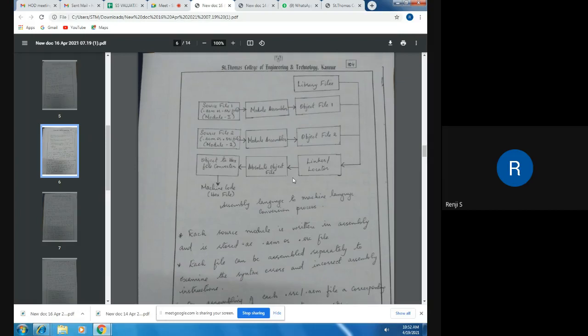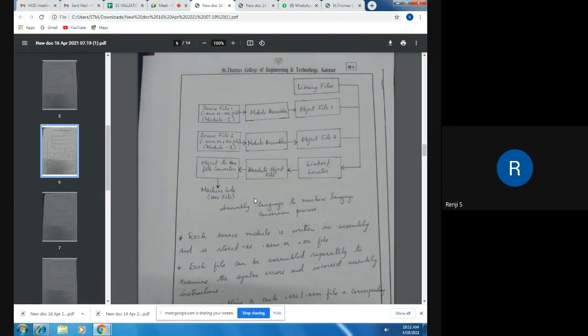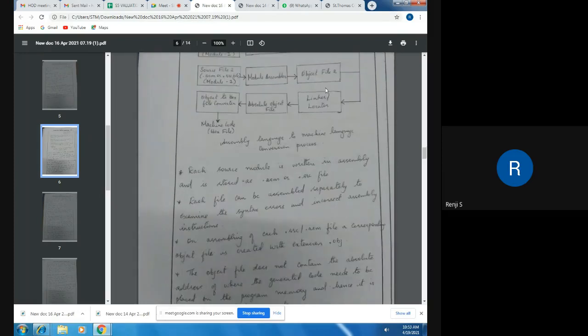Even if it is a high-level language, finally we are getting the machine code. And instead of the .asm file, there we will have the high-level language file extension. Now let us discuss each. Whatever I said is summarized here. Hope you will understand when you read it, but I'm going through it once again.